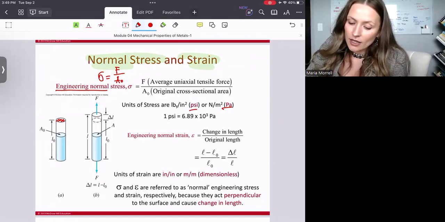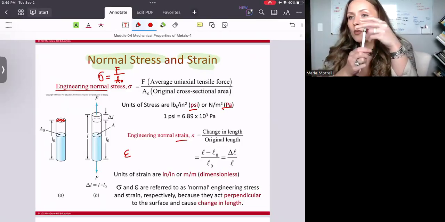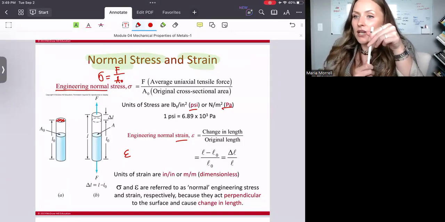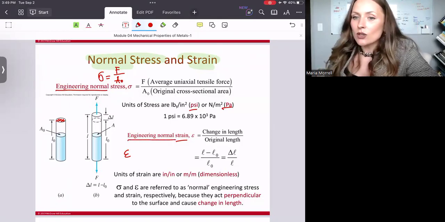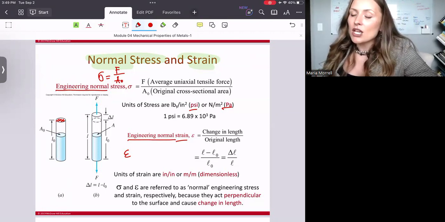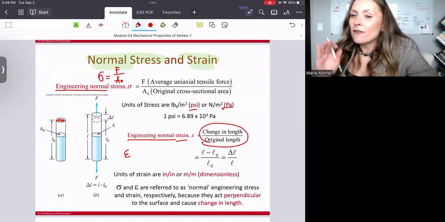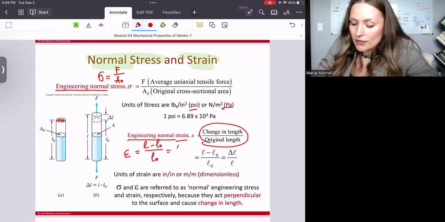Now, the strain, and we're using the letter epsilon, is the response. And I want you to think for a second, once I am applying this normal stress, right? Once I'm stretching the material, what happens to the material? The material actually elongates, right? And I can calculate it by calculating or estimating engineering normal strain. And the definition is that it is a change in length divided by the original length, right? So that means you will have L minus L naught divided by L naught,